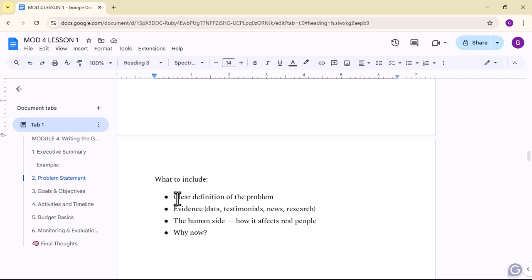What exactly is the problem? Remember in module 3, we've talked about removing ambiguity. You have to remove jargon, right? You have to be very clear with that problem statement. Also,